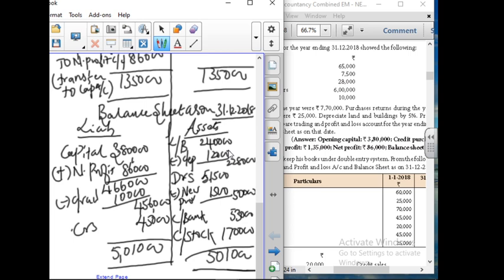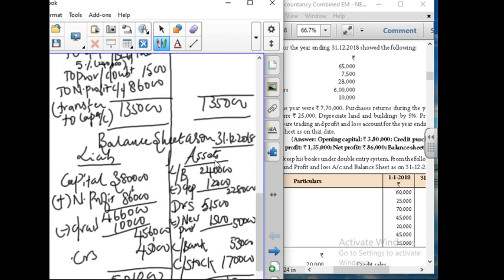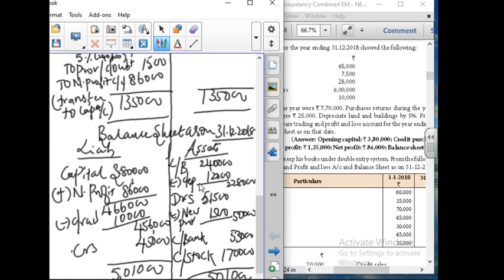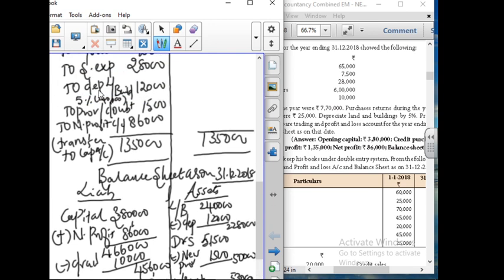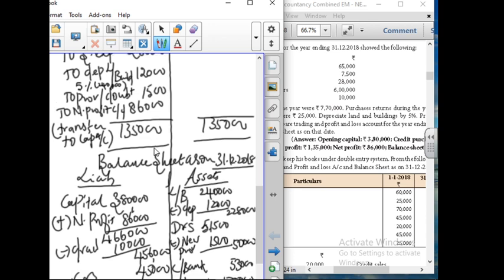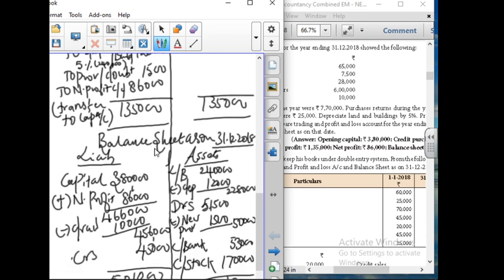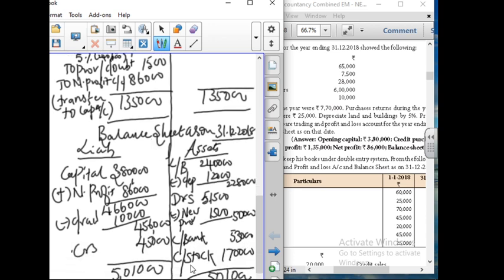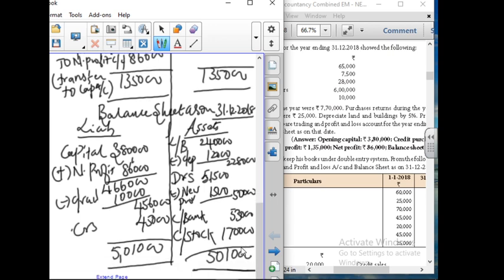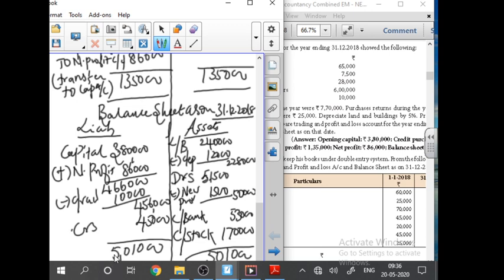Since we have depreciation, just look into depreciation. We have written it in the balance sheet, and again in the profit and loss. Here the new provision we have written 1,500, and in profit and loss again we have written it. Since this is additional information, you have to write it twice in the final accounts. And next is the cash at bank, closing stock. With this we have tallied the sum. I think you have understood this problem more clearly.